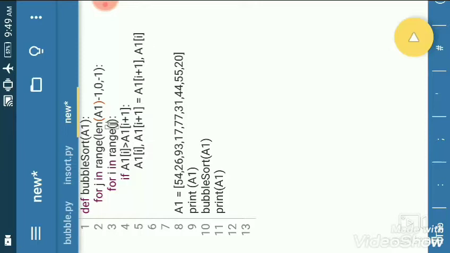So after completing the loop, it will go again to the first loop, that is, for j in range(len minus 1). This time the loop will run one time fewer.